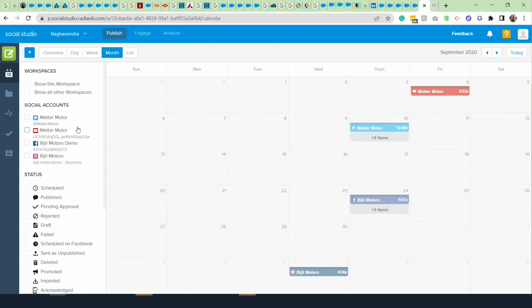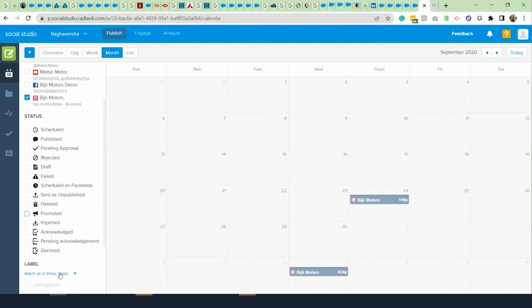If I give somebody access to this particular workspace, he gets access to all these social accounts, but he cannot directly post. He can schedule his post and has to get it approved. We can put a restriction saying if it is not approved, it cannot get posted. It's got all these workflow capabilities for a social post.